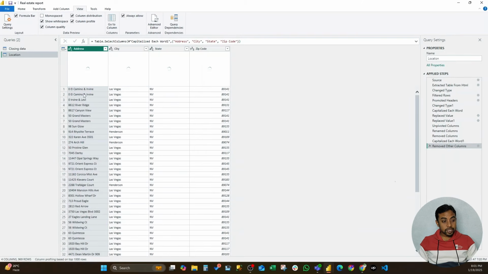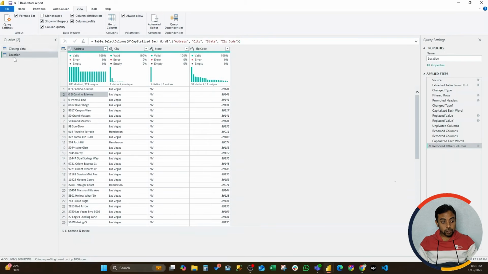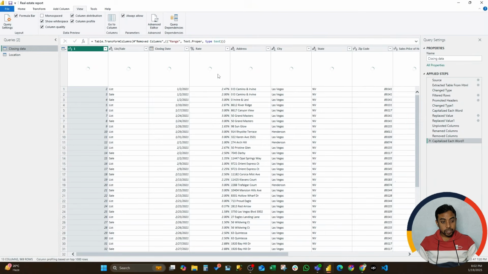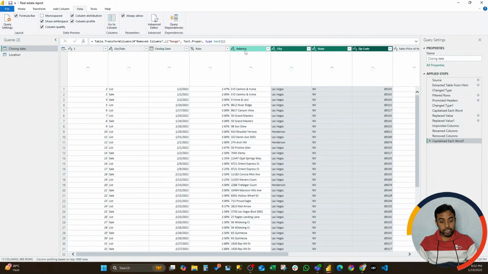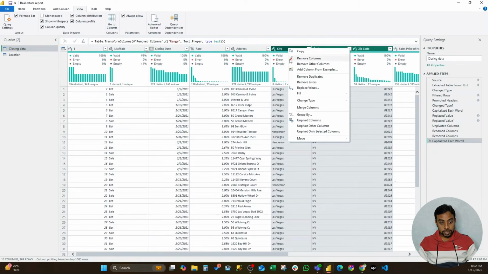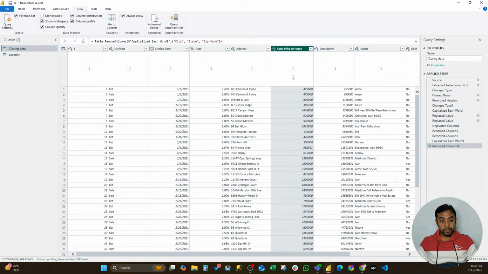Then we will connect this address location to the fact table. So in this table we don't need these 3 columns anymore. We will just have this address column to make the connection with the location table. So let's remove columns,